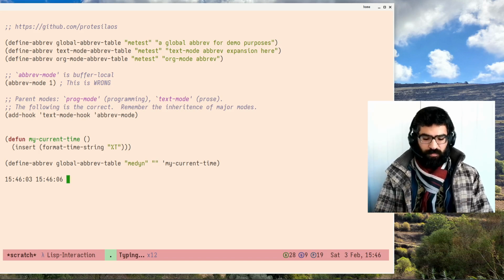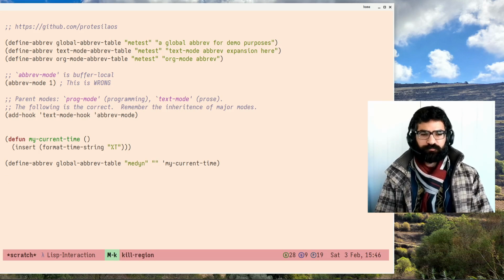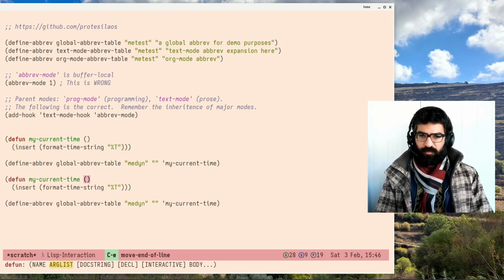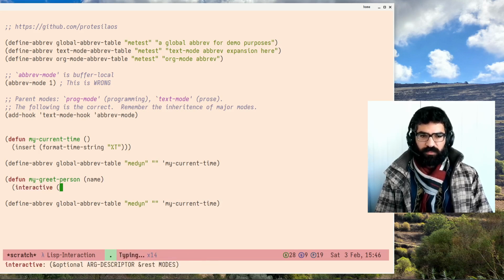Of course, maybe you don't use my-din, but this is for demo purposes. Let's use another example like this one, but this time we will have an interactive function. There will be some interactivity involved, my-greet-person, like this. What I want to do is declare this as interactive, and the list of arguments here in